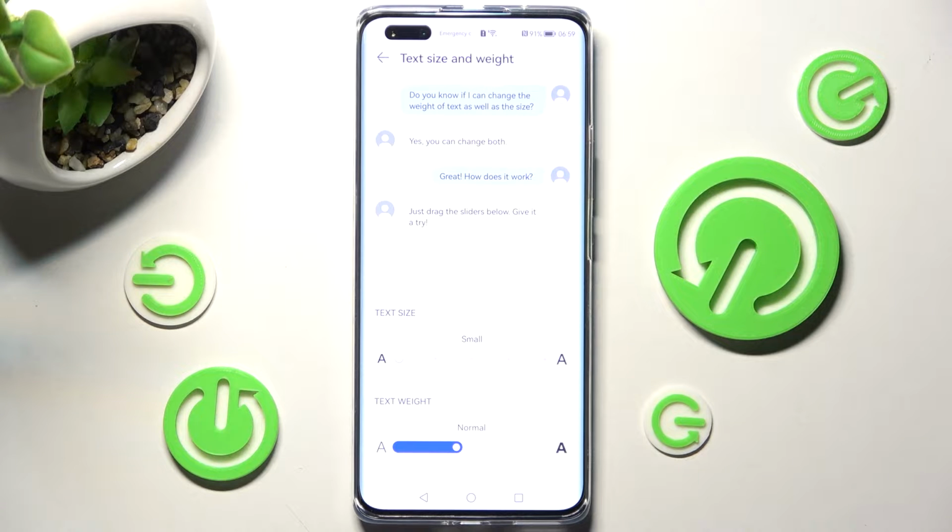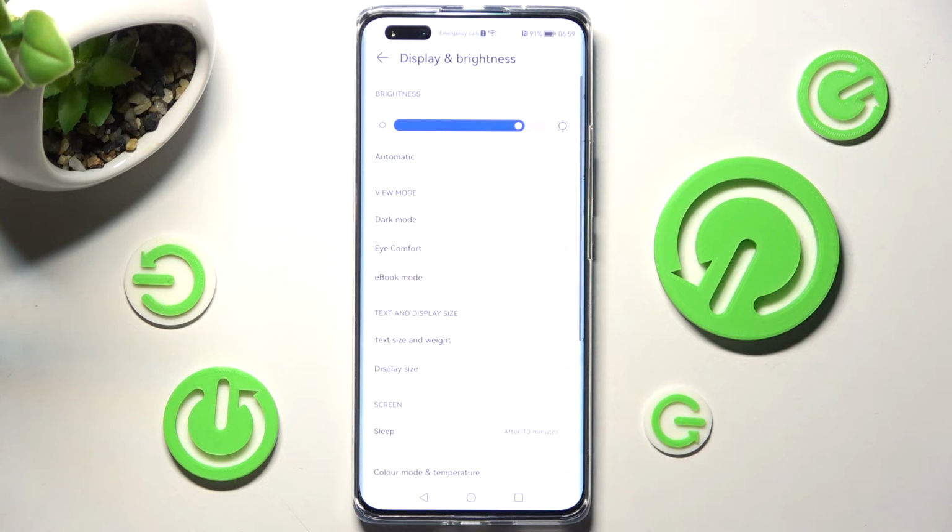When you're ready, click on the back button, and as you can see after that, size of my text has